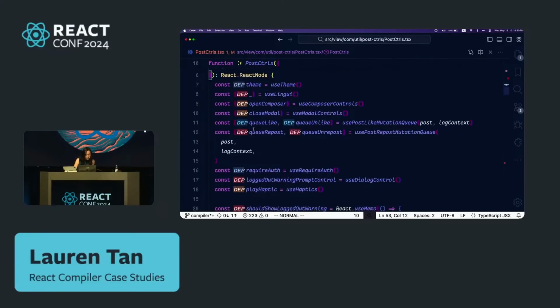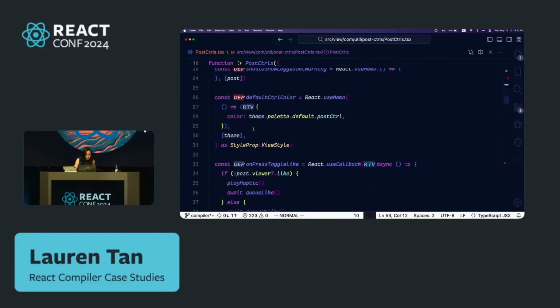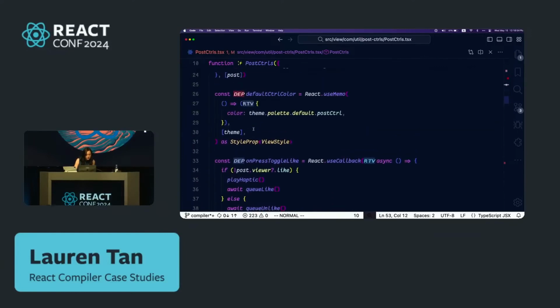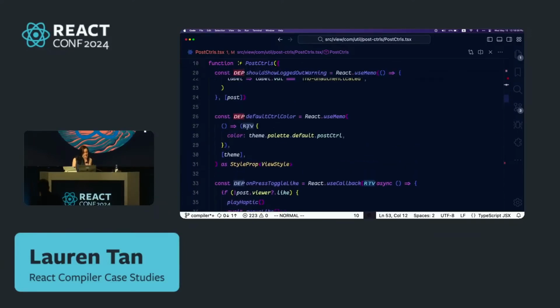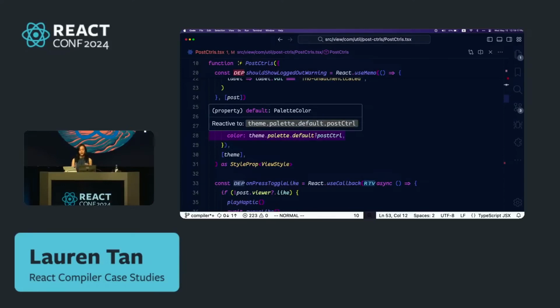And then if I scroll down a little bit more, you'll also see this RTV reactive label. And that tells you that this value depends on one or more of those dependencies that we just saw earlier in the code. So I want to take a look at this variable a little bit, just so we can dive a little bit deeper here. So if I hover over this value, you can see that the compiler says it's reactive, or it depends on